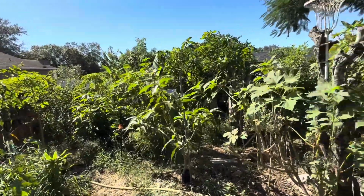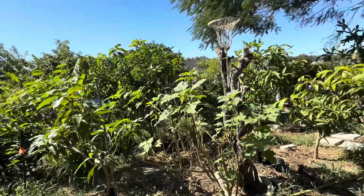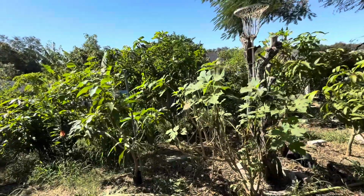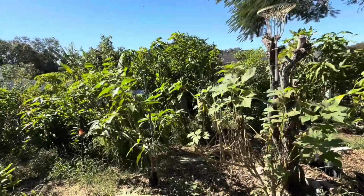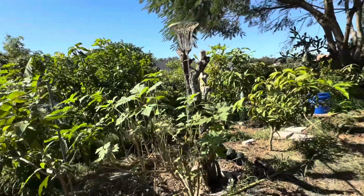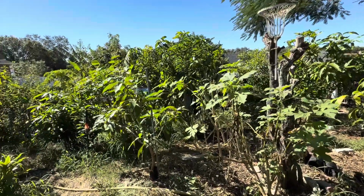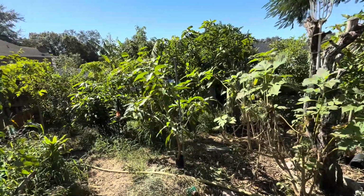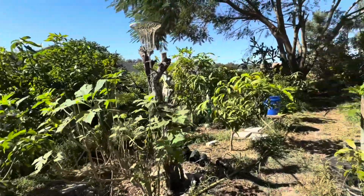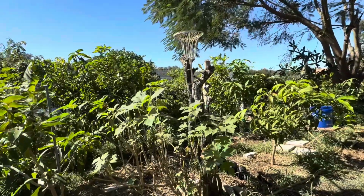But then back in, I think it was 2018, if I'm not mistaken, in January, we got 2 days where temperatures dropped down into the high 20s. And I lost a lot of trees. I had a lot of trees that got stumped. Whatever survived, I had to stump them down. And yeah, it was not a good year. So I've been doing different things